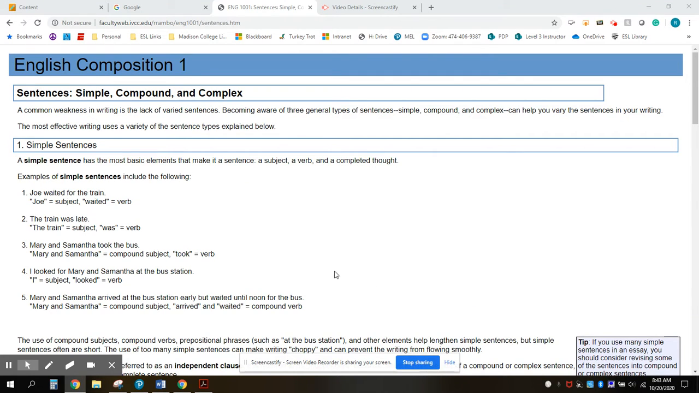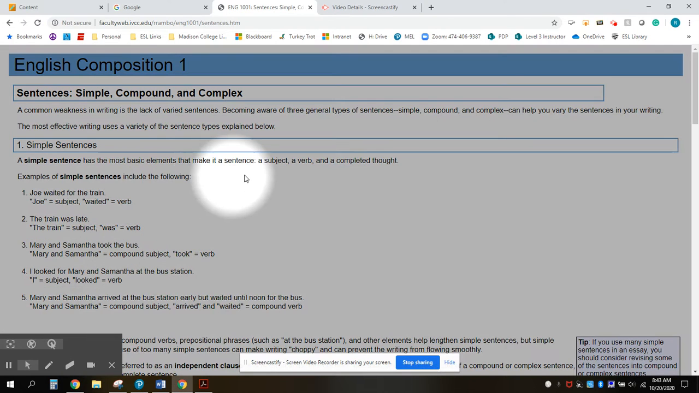Here's further explanation on the difference between simple, compound, and complex sentences. So in section 1, we see a simple sentence. Again, it's made up of a subject and a verb, and it is a complete thought. For example, Joe waited for the train. Here we see Joe as a subject, waited as the verb, and to complete the thought, we have for the